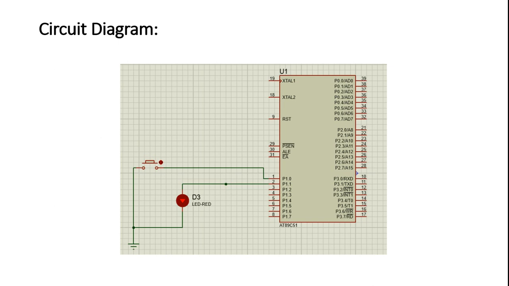So this is the circuit diagram for our lab. It's a very simple lab. We will need a microcontroller, a switch or a push button, whichever you find better, and an LED. These are the components that we will be requiring. 8051 microcontroller.